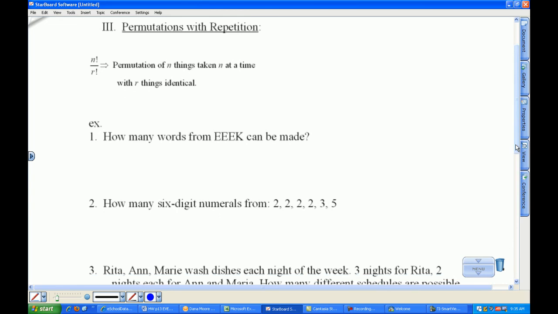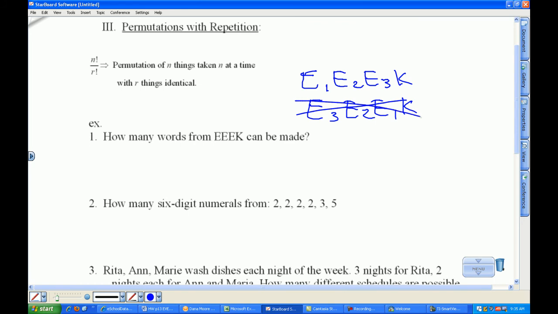So when there are repeated letters, there is really no difference between "eek" spelled like this, or if I replace the third E with the first E, it would look like that. I mean, it's the same word, except I've switched a couple of E's around. You're not supposed to count that as a separate word. Okay? So when that is done, you take the total factorial